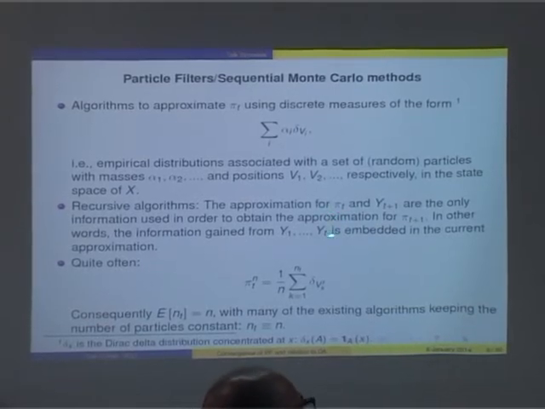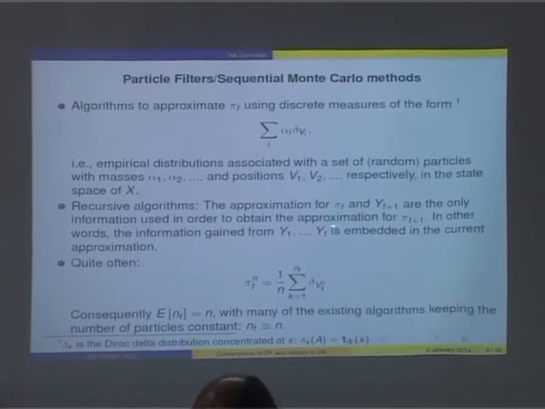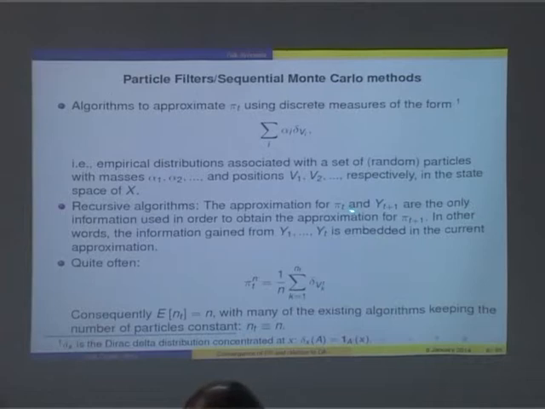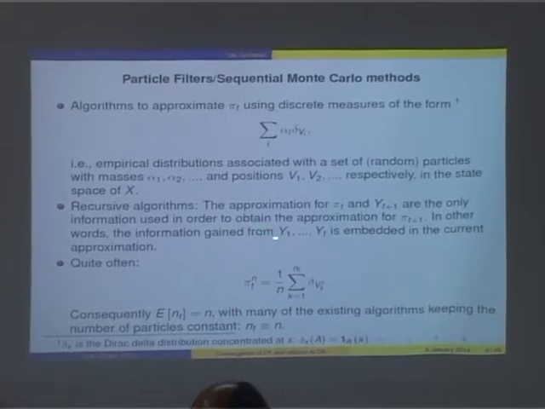Basically, what this means is that once you have the approximation for pi t, you just need to use this approximation and the next set of observations, maybe just the next observation, to construct the approximation for pi t plus 1. That means you never have to go back to the beginning. You never have to reuse